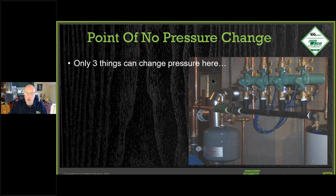So the point of no pressure change, like I said, is this point right there where you see your expansion tank is tapped into your system. That is the point of no pressure change because your expansion tank is acting as your pressure police here, okay? So the only things that can change pressure at the point of no pressure change,